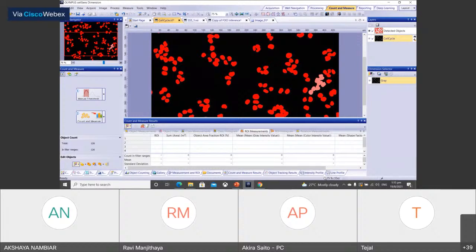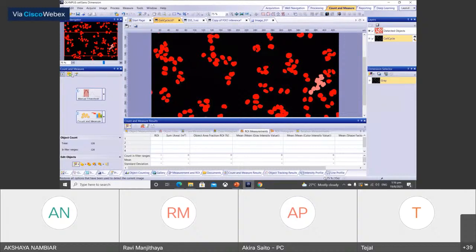Where this thresholding option is present in CellSense Dimension: there are two types of the count and measure function. You can see this panel called Count and Measure. One is Count and Measure basic, and another is an optional solution, which is called Count and Measure full option.